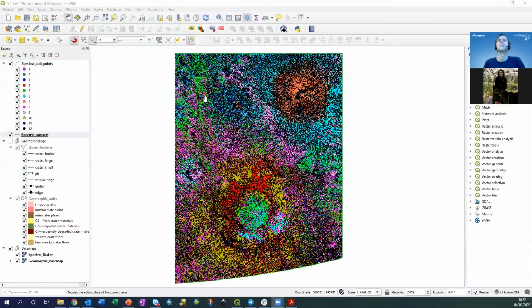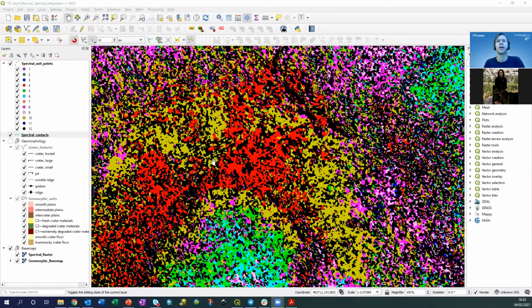You've got this QGIS project with this spectral unit raster which Francesca introduced, and your objective is to turn it into a vector spectral unit map by drawing spectral contacts between regions with different pixel values. So there's this red unit here, and there's this yellow unit here, so you can draw a spectral contact between them. Once you've drawn spectral contacts between all of the spectral units that you think are important,